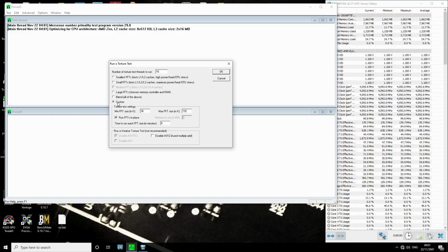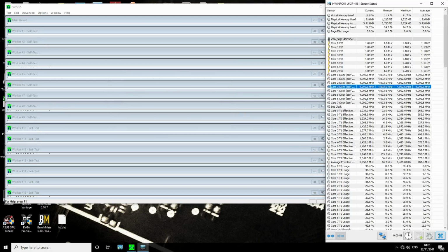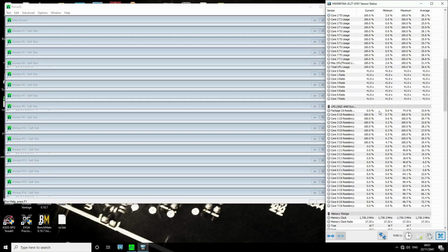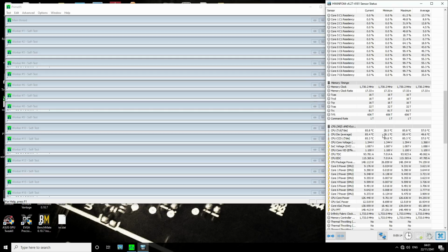Also, the reason I use 128K FFT size specifically is because it runs really hot. The smaller FFT sizes run a little bit cooler, and the larger FFT sizes also tend to run a little bit cooler. So this is doing 94 amps, and we're running...